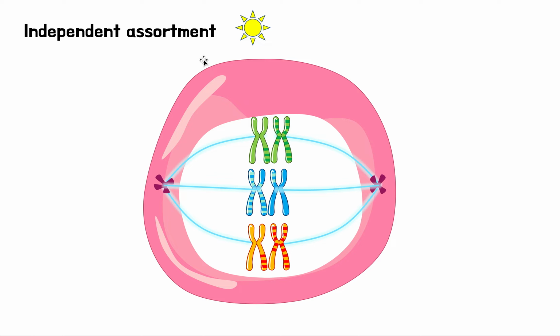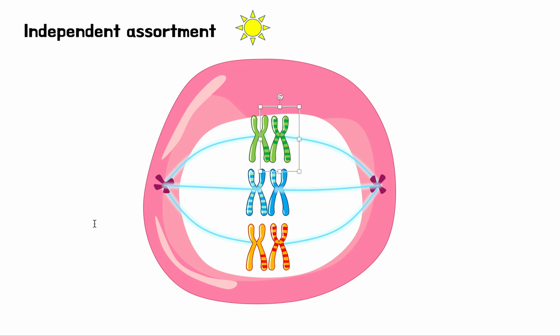What I mean by this is when these chromosomes cross over and they line up in the middle, they always have to line up next to their own kind. So the green ones have to line up with the green ones, blue ones with the blue ones, and so on. But they can choose which side they line up. For example, this one here can line up on the left, and this one can line up on the right. And this way,